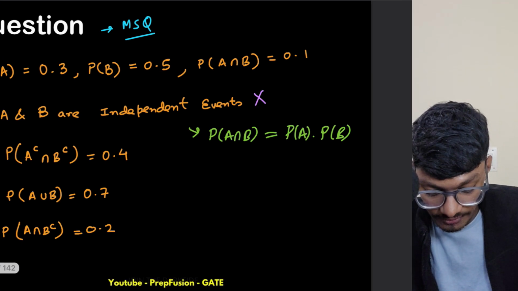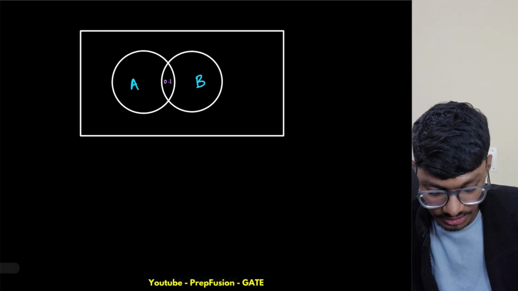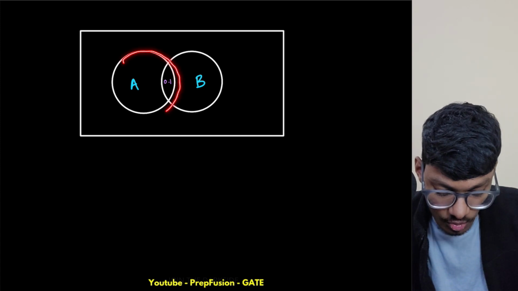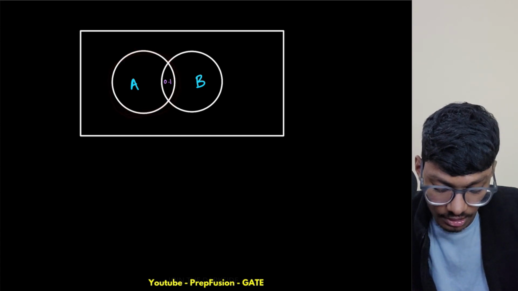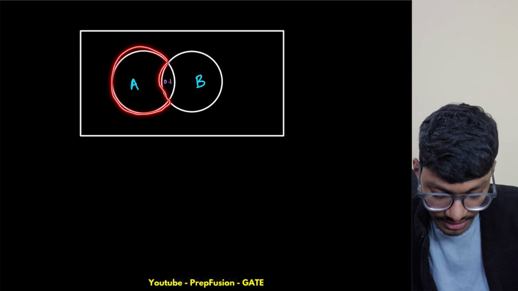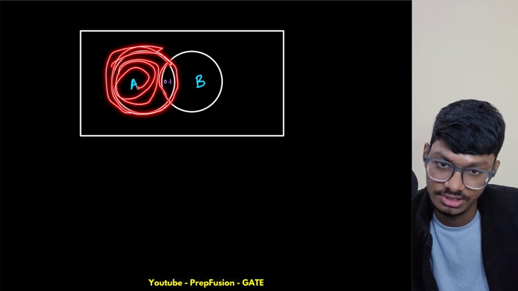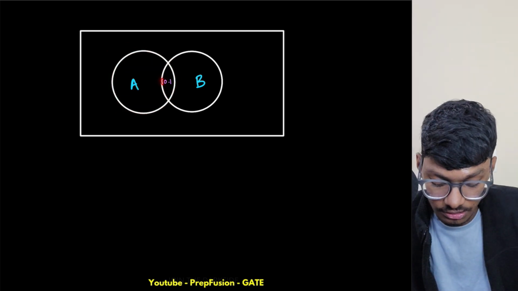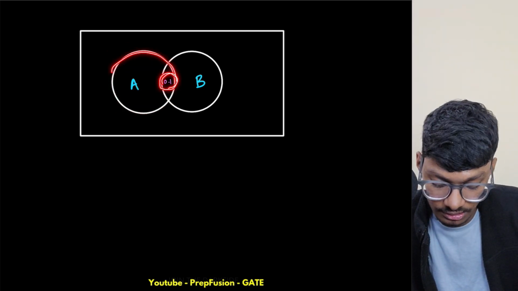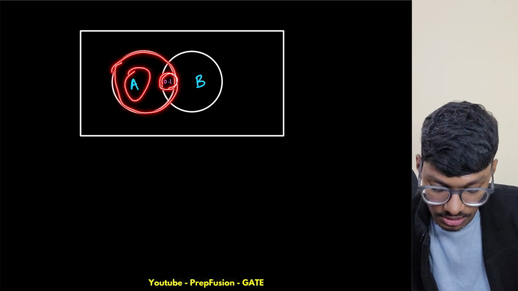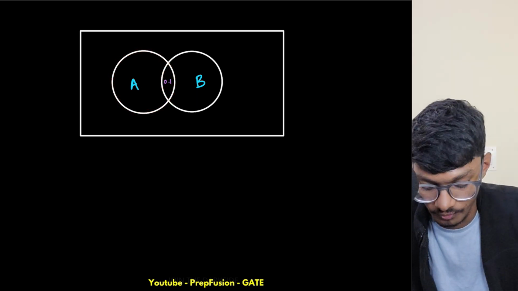Okay, now they have also given us the probability of A is 0.3. Now what is probability of A? This whole area. But what is the value of this individual section? This whole thing is probability of A, but what is the value of this intersection section? The area is 0.1 here, the total area is 0.3, so this individual area will be 0.2, so this will